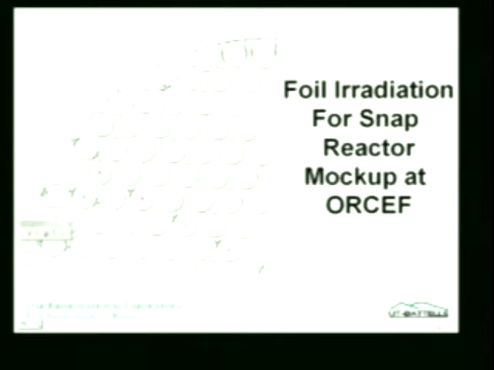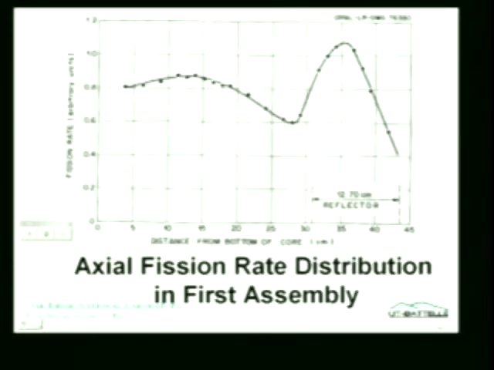Did a lot of measurements. Foil irradiation: we're putting little foils adjacent to the fuel pins to measure distributions. Here's an axial fission rate distribution in the first assembly. What you worry about here is basically a power density distribution in the reactor. You like to have the power density flat so that there are no hot spots. Obviously in here, the hot spot would be here, a little cooler on the edges. Some more fission rates